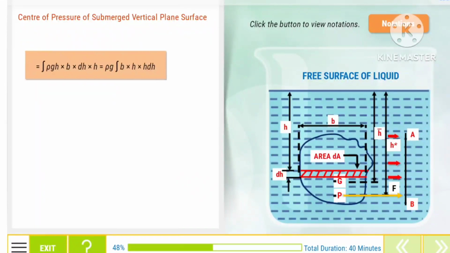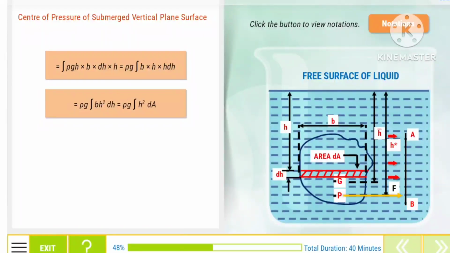The sum of moments of all such forces about the free surface of liquid is equal to the integral of rho g h b dh into h, which is equal to rho g into the integral of b into h into dh. This is equal to rho g into the integral of b into h squared into dh, which